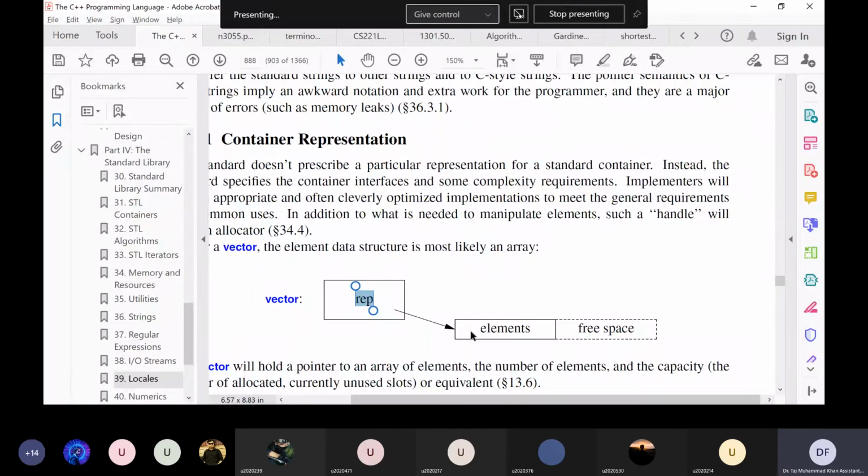So to optimize things, let's say when we create this vector, it allocates memory for 100 elements in one go. Even if you have inserted only one element, it will allocate memory for 100 elements. This whole memory that is allocated for 100 elements is called its capacity.